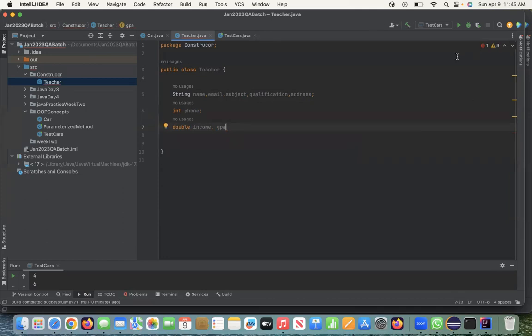So actually, instead of teacher, when you practice, you can use student instead. It doesn't matter actually. So these are some of the variables that I probably will be using for my